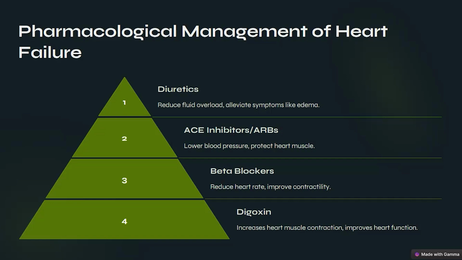Dapagliflozin is in fact a class 1A indication for patients with heart failure, and it should be added as a first line of treatment in patients with systolic heart failure. It can go anywhere between 10 to 40, 50 milligrams per day. So it is not only a drug for heart failure, but it also helps in improving the metabolism and helps control the diabetic status of the patient.